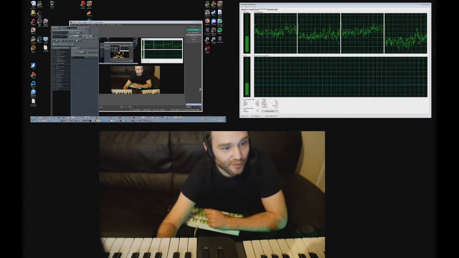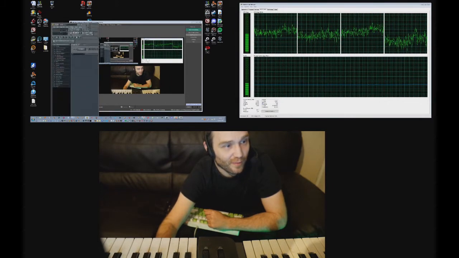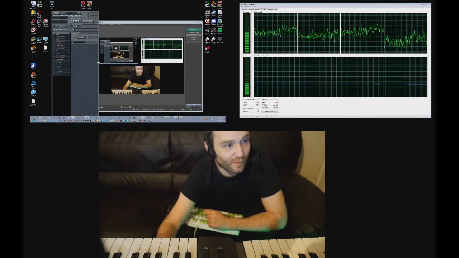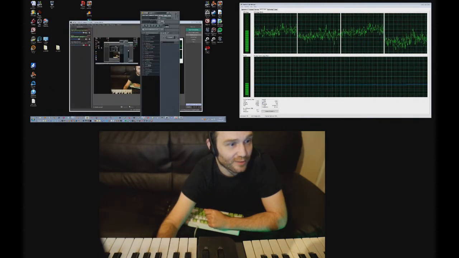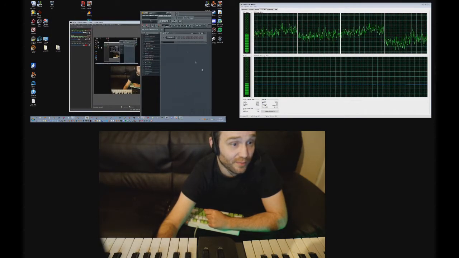I'd actually have to move my start menu to be able to get to that bottom. So that is basically my first impression of Fruity Loops as it loads up, compared to